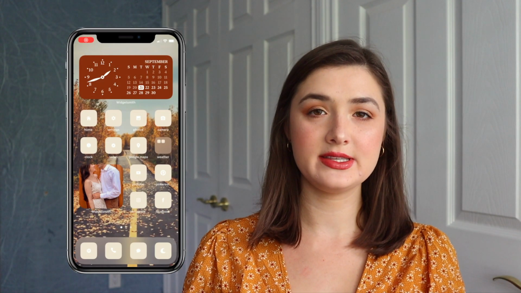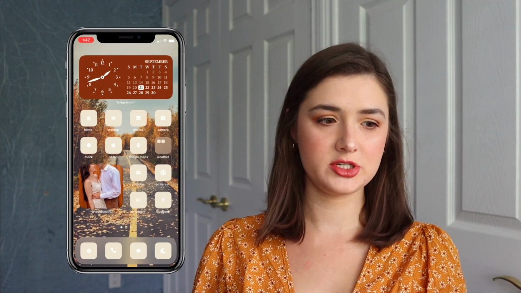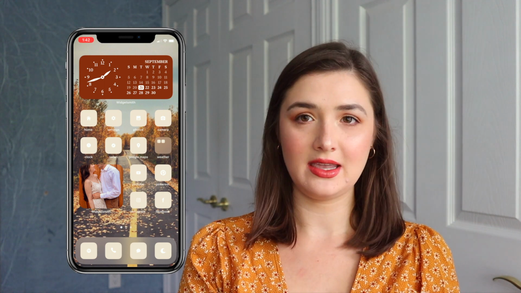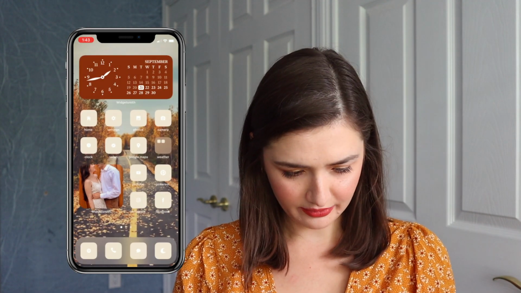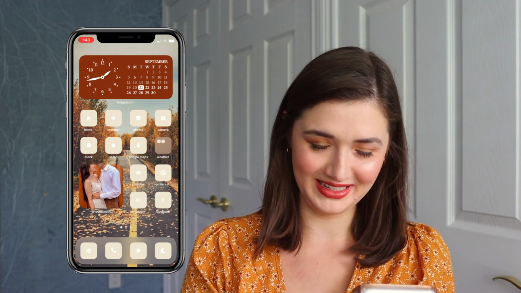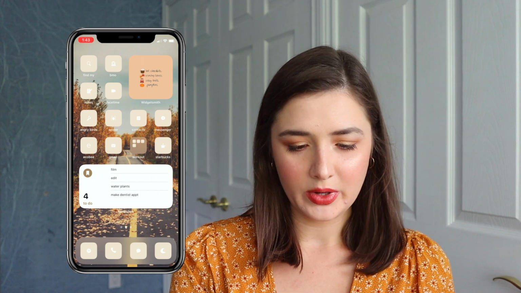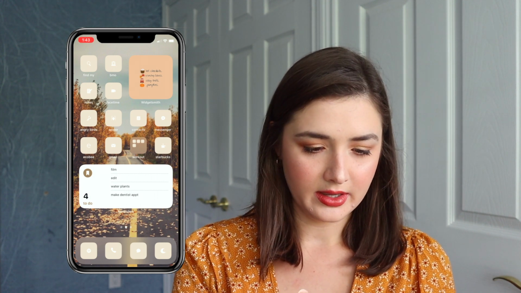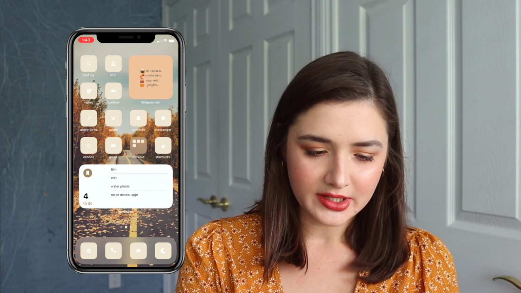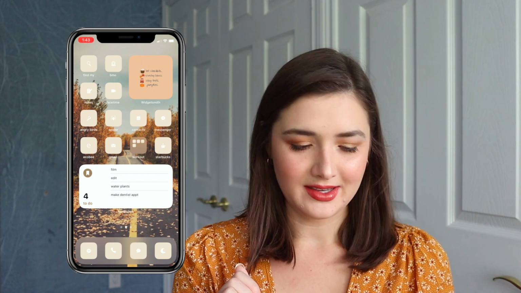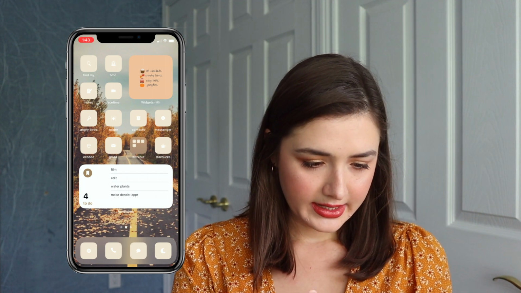Switching over to the iPhone, it's pretty similar in setup. I wanted to keep it generally the same. So we have that same Widgetsmith app, very similar in editing, but I have a little bit of different stuff going on. I have a different widget of, again, me and Anthony being adorable. And then I have the same little fall widget with the hot chocolate, crunchy leaves, cozy knits, pumpkins, etc. And my to-do list.